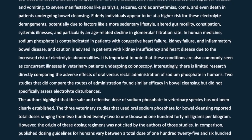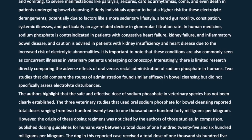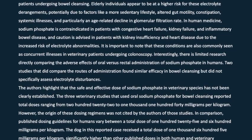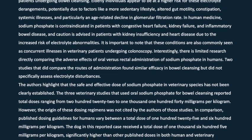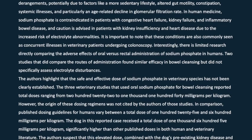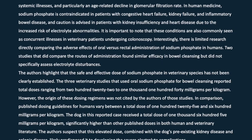Interestingly, there is limited research directly comparing the adverse effects of oral versus rectal administration of sodium phosphate in humans. Two studies that did compare the routes of administration found similar efficacy in bowel cleansing but did not specifically assess electrolyte disturbances. The authors highlight that the safe and effective dose of sodium phosphate in veterinary species has not been